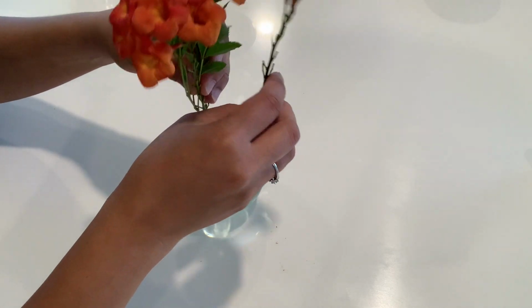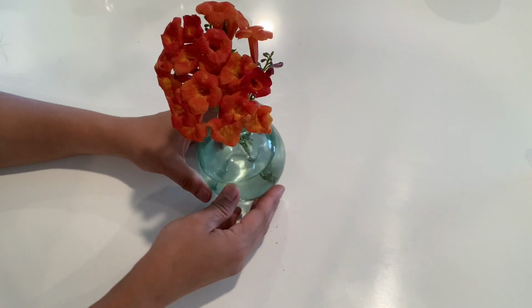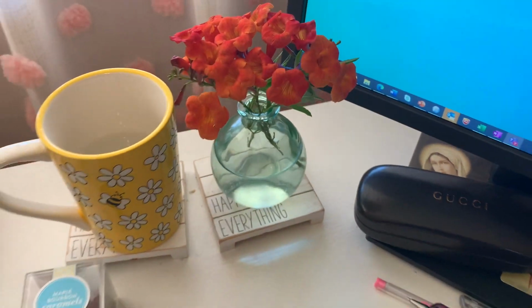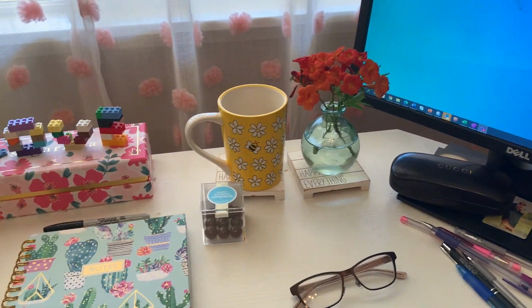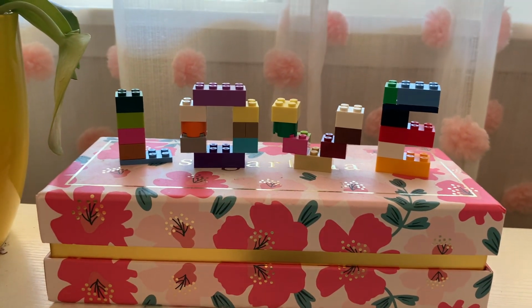Let's put these flowers in this vase and put it in the office. Here are the flowers. Very pretty flowers. So let's go to the office. Oh, that's my hobby room. Let's put this here. Here would be a good spot for this one, I think. And this Joshua made for me, love, from